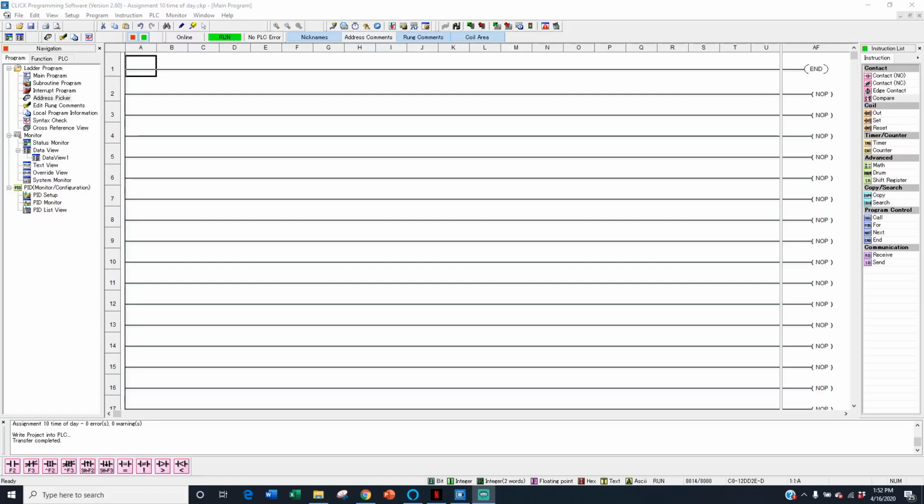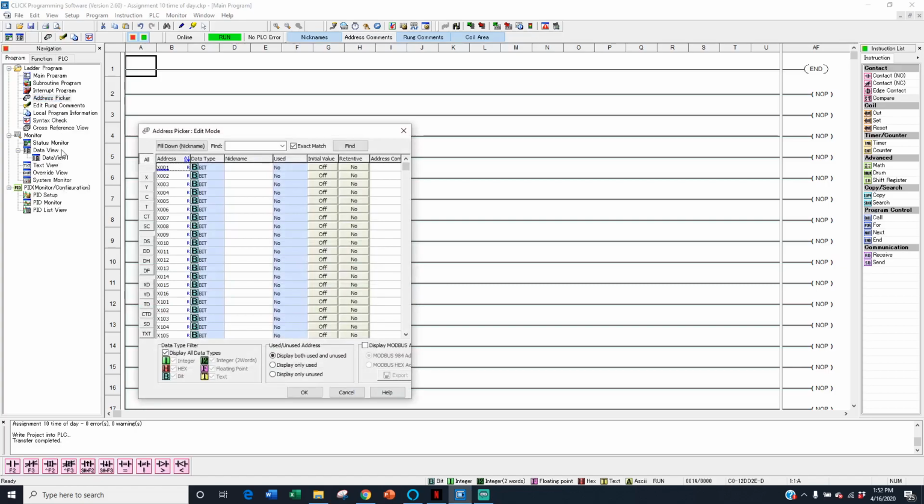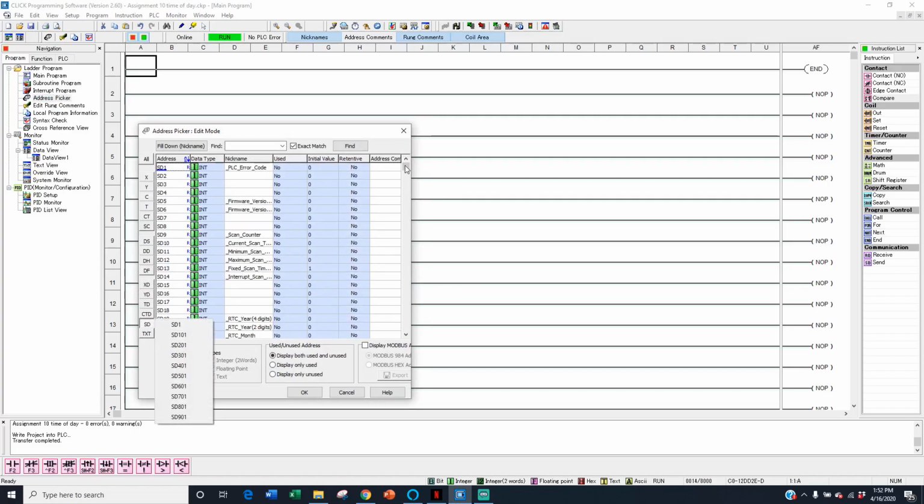How to do a time clock function with the Click PLC. The Click PLC has the time of day saved in it, at least our model does. If you open up Address Picker and you go down to the SD folder, which is System Data, and you